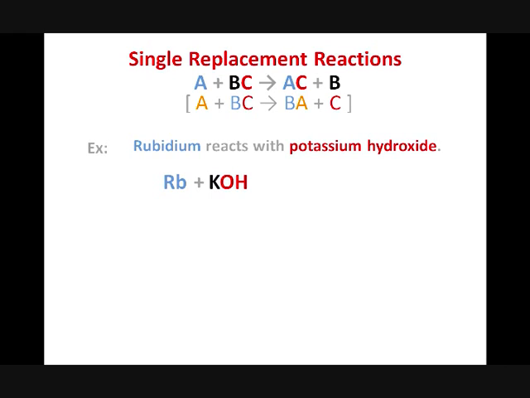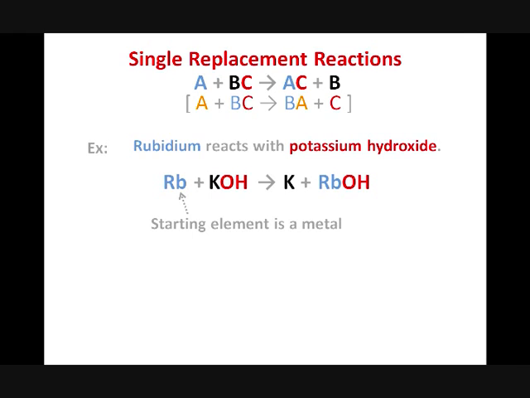Remember, we always need to also pay attention to what our starting element is when we're working with single replacement reactions. Here, we're starting with rubidium. That's a metal. So our starting element is a metal. That tells us that the two metal atoms, Rb, rubidium, and K, potassium, are going to do all the fighting here. They're going to fight it out. So the reaction produces solid potassium metal